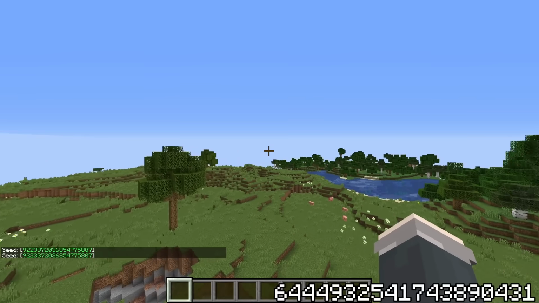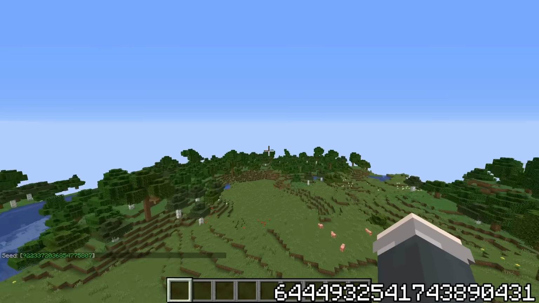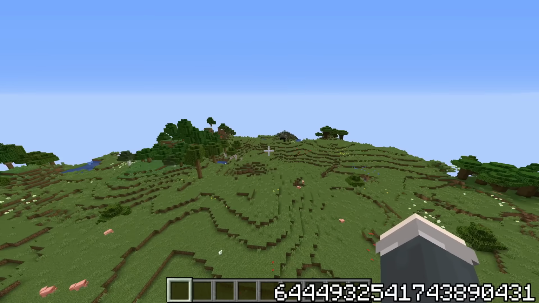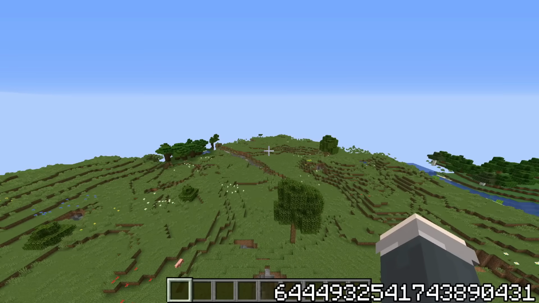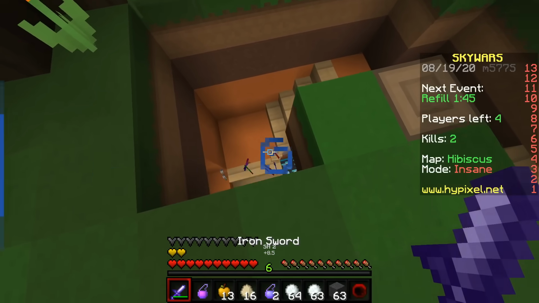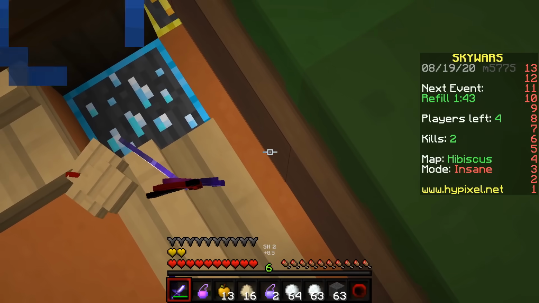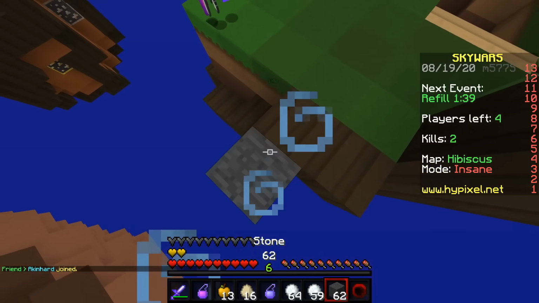It's super surreal to explore these worlds and just kind of take in the similarity between them. The caves, the grass, the flowers, nearly everything is block for block identical. But why? Honestly, I don't know. That's mainly what makes this an unsolved mystery. But I do have some clues.